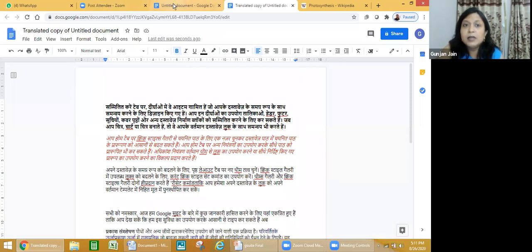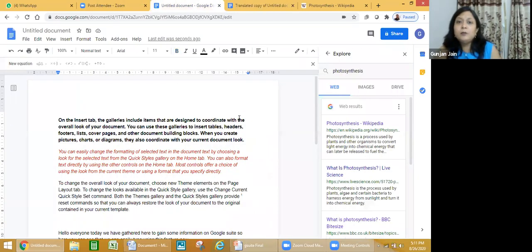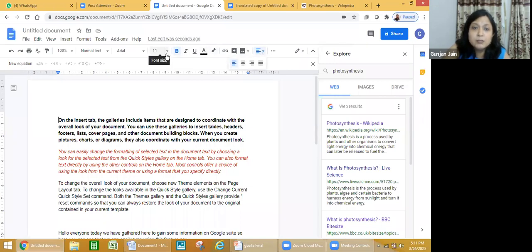It may not be of use to you, but other people are able to understand it properly when you give a translated copy to that particular person. So all these things you can do in Google Docs, besides all the things that you can do in Microsoft Word. All the features which are available in Microsoft Word, like alignment, bold, italic, underline, changing color, highlighting, changing size, font, everything can be done over here also.